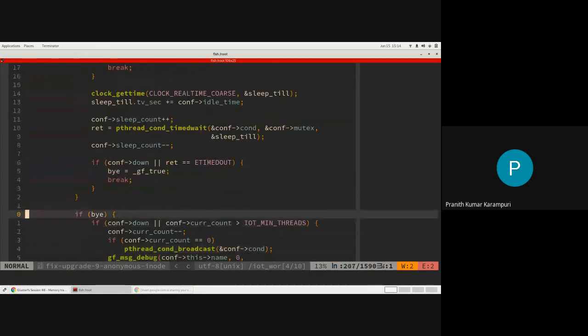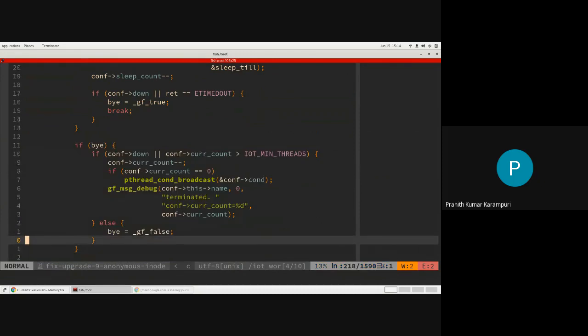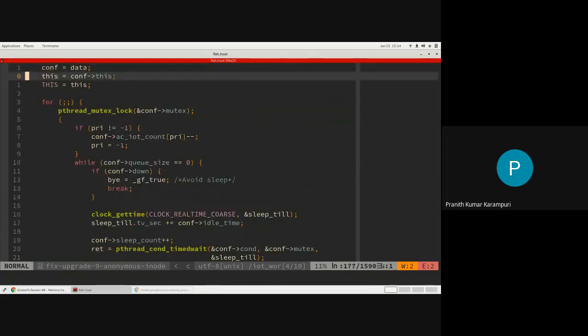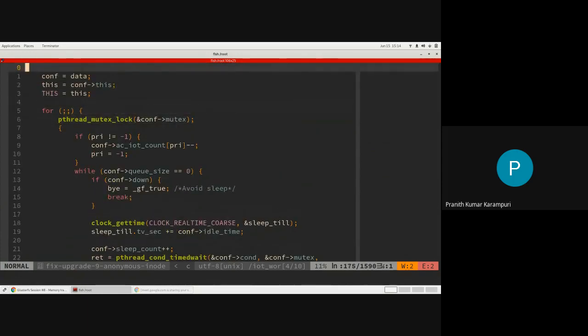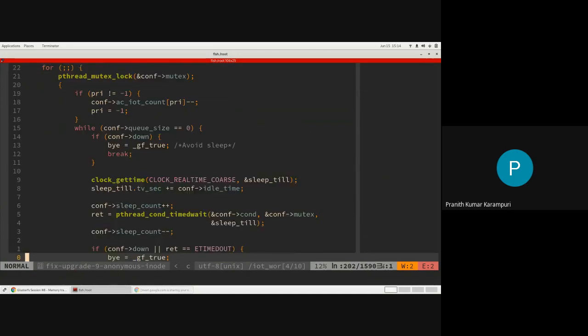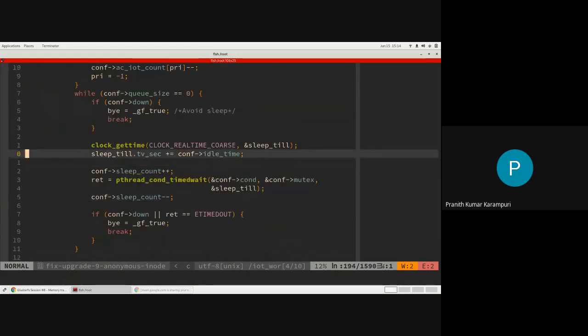So this is like when the thread is no longer required, it will die. This can happen if it is not processing any IO for the idle time, so this is a configurable value. We can look at this one.